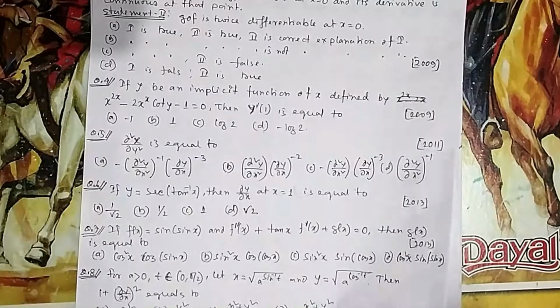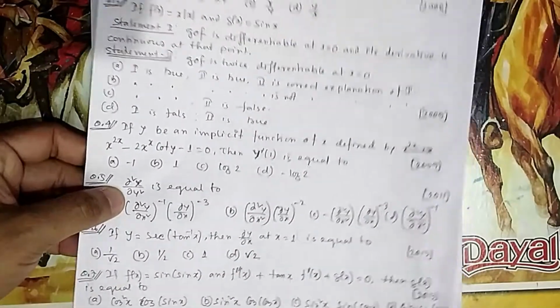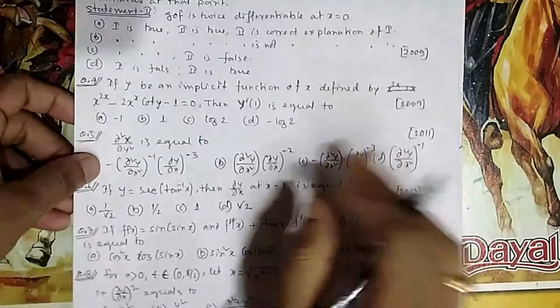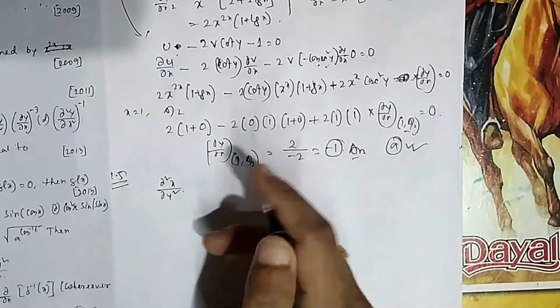Now if you come to question number 5, what is d square x by dy square? It is not 1 by d square y by dx square. I have told you first derivative is okay, but second derivative it is never okay. So they are asking you to find this one. So what you can do,